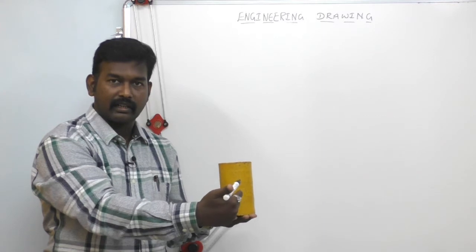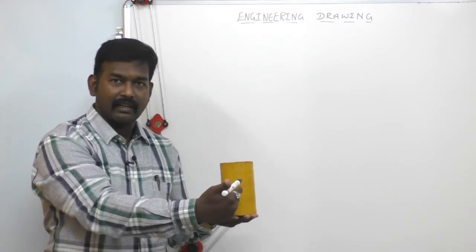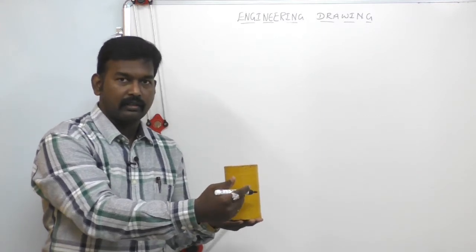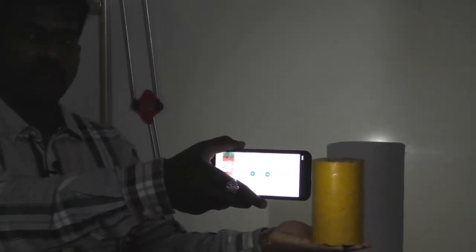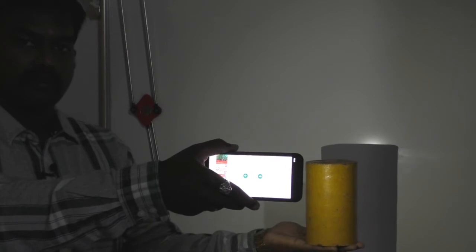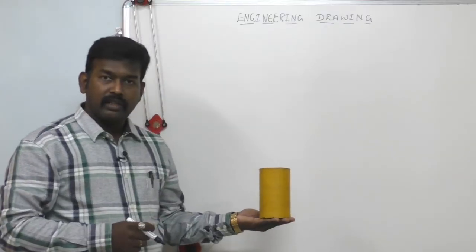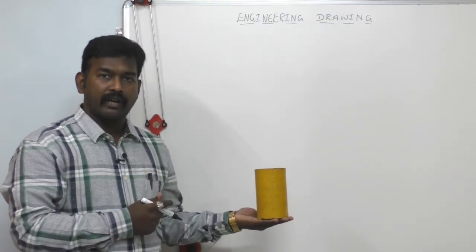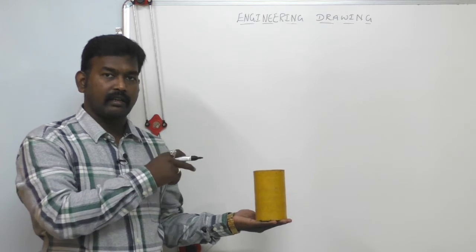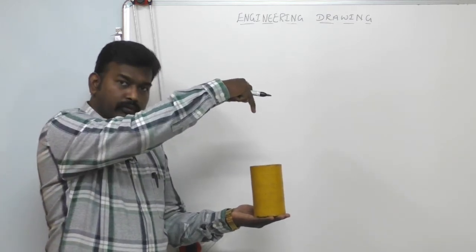According to me it is a rectangle. So how is it a rectangle? Now we have to see. Lights off. What is the cross section you have observed in the front view? Here I am projecting the front view. The projected view you have to observe on the board. What is the shape? That is a rectangle. Take the same cylinder. Just now we observed the front view. What is the cross section? Rectangle.